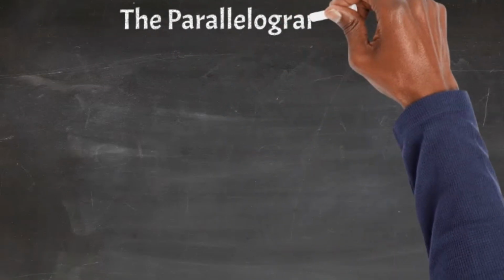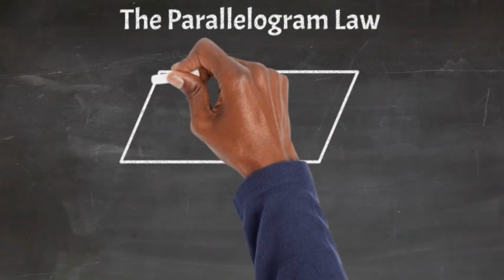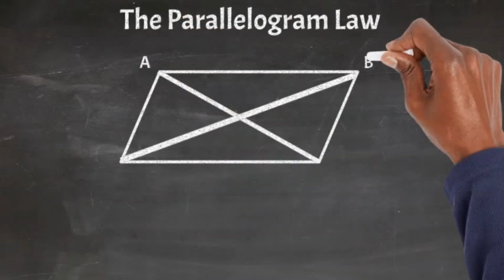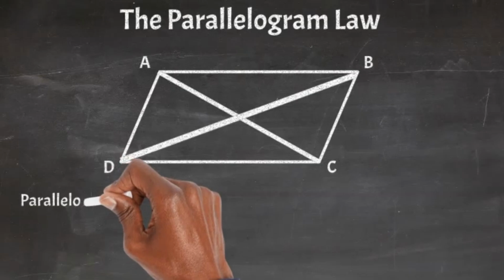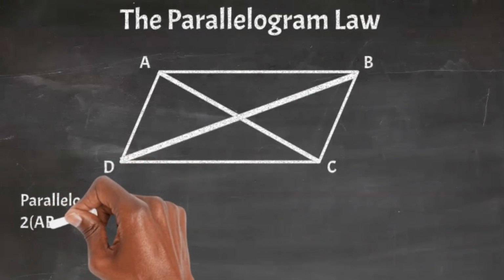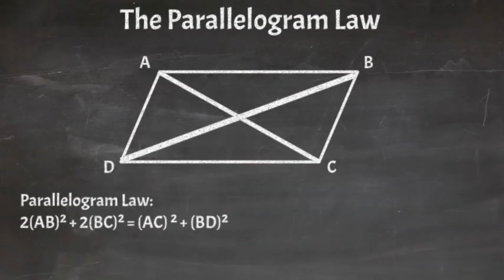The parallelogram law is a mathematical identity equation that relates the lengths of the outer edges of any parallelogram to its internal diagonal lengths. Written out, the law states that adding the squares of the lengths of all four outer edges of the parallelogram will give a result equal to the sum of the squares of the lengths of the